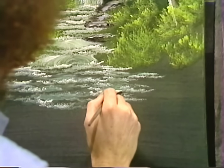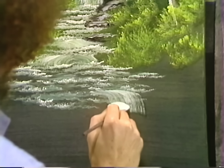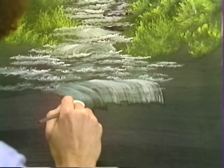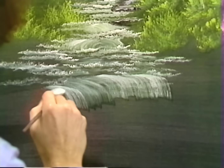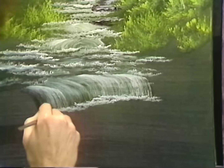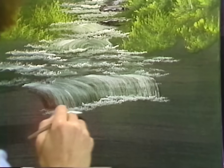Maybe right along here, there's another happy little waterfall that's happening right here. So you take your fan brush, go straight, and let it just fall over. Just like so. Isn't that something? That you can make a waterfall that quick. Just a small one. We don't want to have a violent waterfall here, just a little bitty waterfall. And then we push to make our little foamy areas where the waterfall is going to hit and crash. There